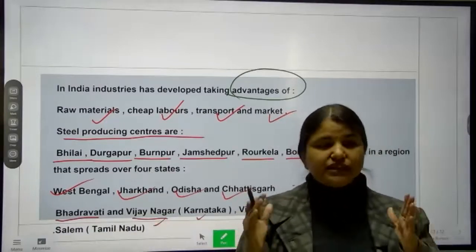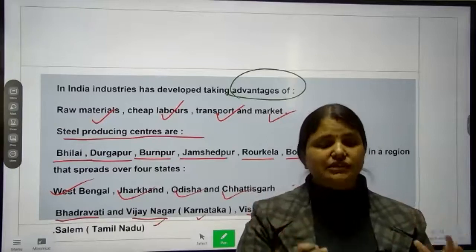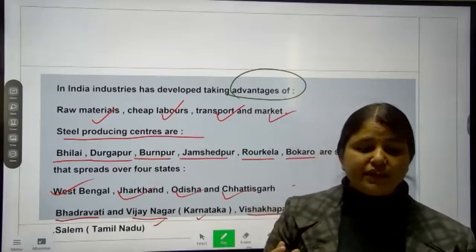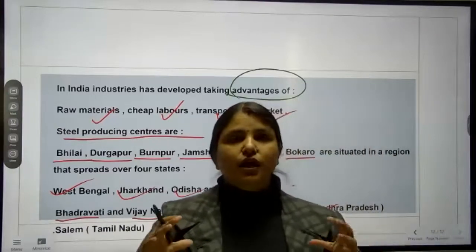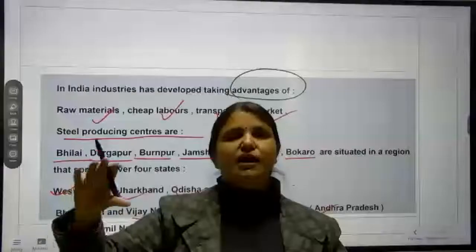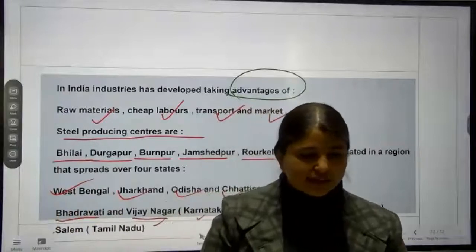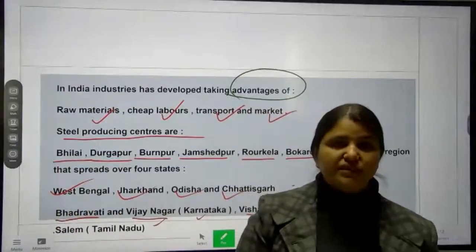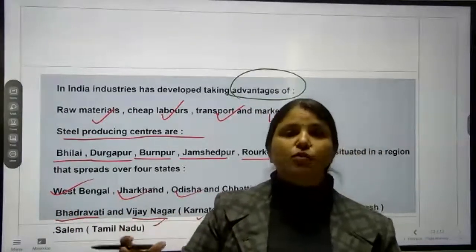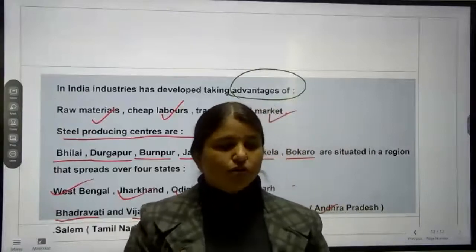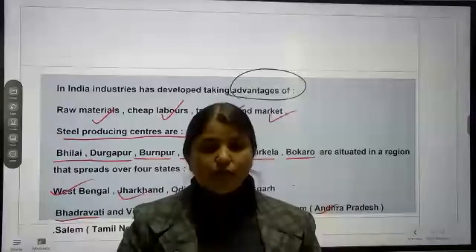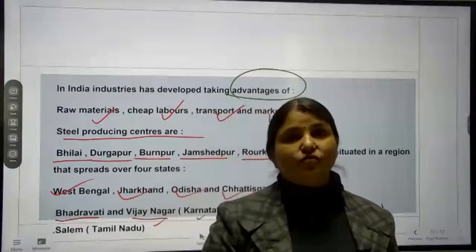So we can say these are the industries established in India. Why are they establishing in India? Like industries nearby Maharashtra, Ahmedabad, etc. Easily they are getting raw material, they have cheap labor, and easily they can export their goods and all. Okay, so they have many factors, because of which they can easily work there.